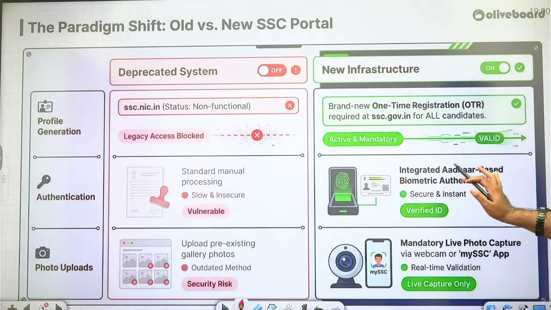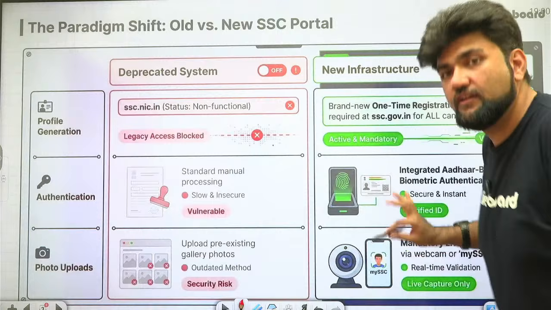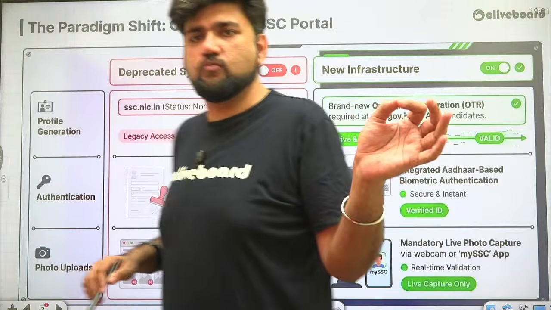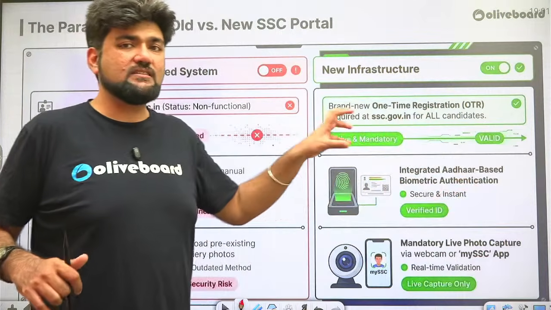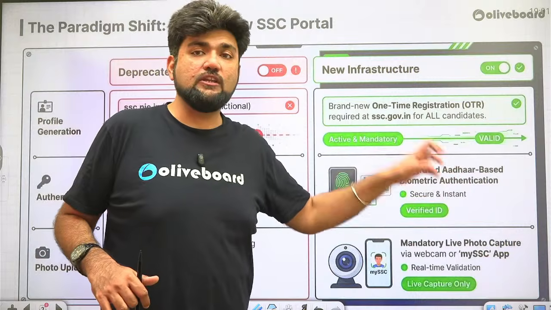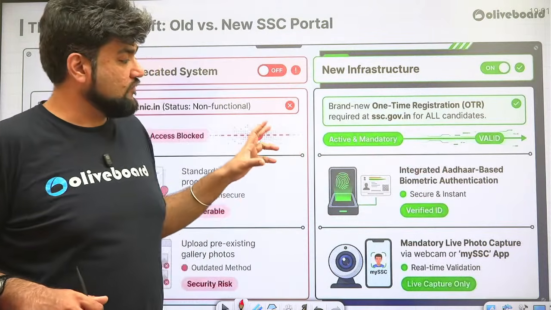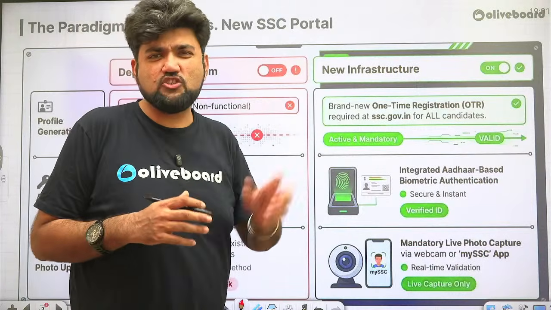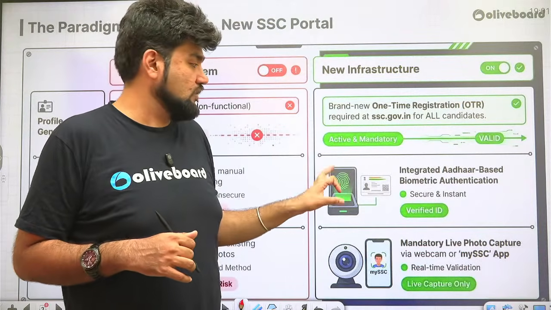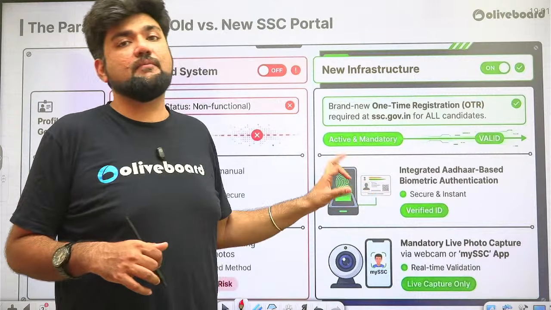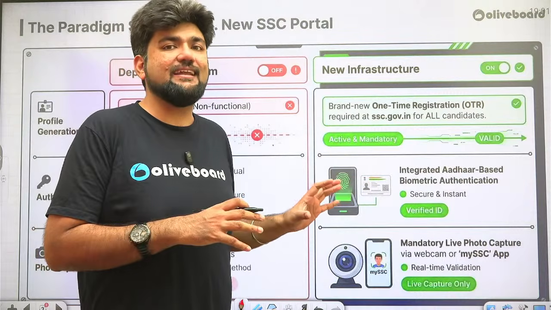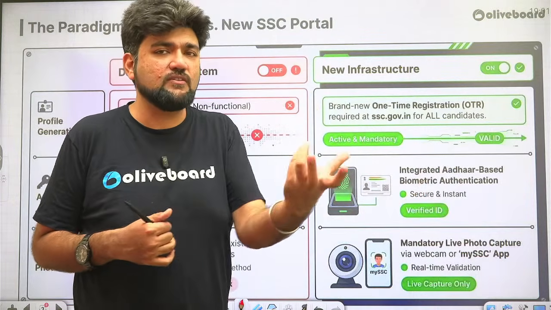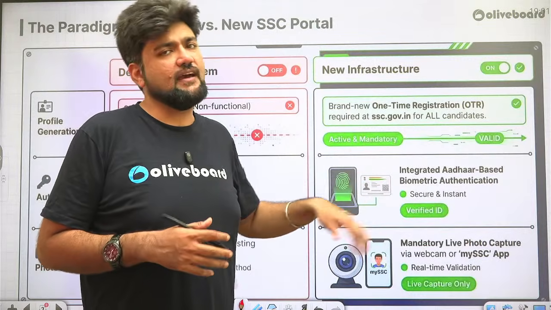Now everything is linked to your Aadhaar, right? Integrated Aadhaar based biometric authentication will be done at the very beginning when you are filling the form. This is still an opt-in option, but I would suggest you please opt for it, because it creates a barrier between you and form rejection. That means your form will be prevented from getting rejected unnecessarily because of some trivial image issue or a signature issue if you are authenticated by the Aadhaar based system, because this creates a safety net. Even if the image was blurred, the person is registered with Aadhaar,